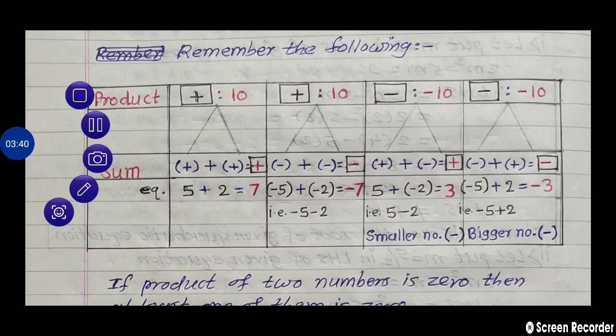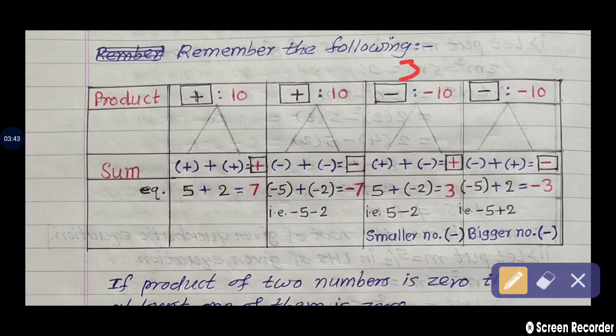Now the third rule is, check here. Product is minus and sum is plus. When we are getting the product minus, out of the two numbers, any one number has a negative sign, then we are getting the product minus. Remember. So for example, 5 multiplied by minus 2. 5 is a positive number and minus 2 is a negative number. 5 twos are 10. What are we getting here, check. Minus 10 is the product. Minus 10 is the multiplication of these two numbers.